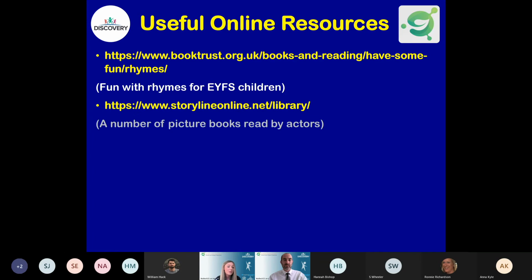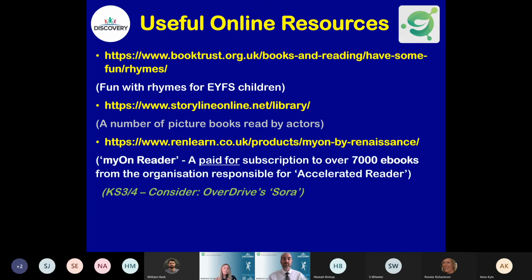Also Storytime Online, which has a number of picture books and, like Jez said, is read by actors, a similar resource. And then Myon, which is linked to Accelerated Reader. This is a paid subscription though, but it does have over 7,000 books on there. And, like I said, Accelerated Reader, if you don't use it in your schools, is amazing, because the children